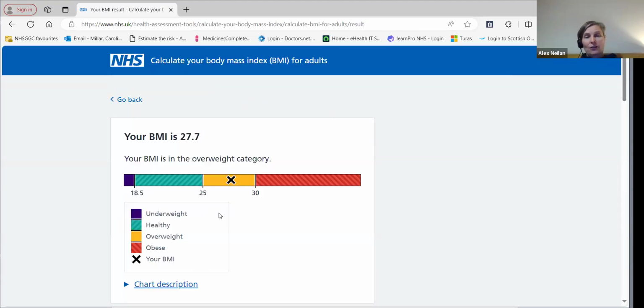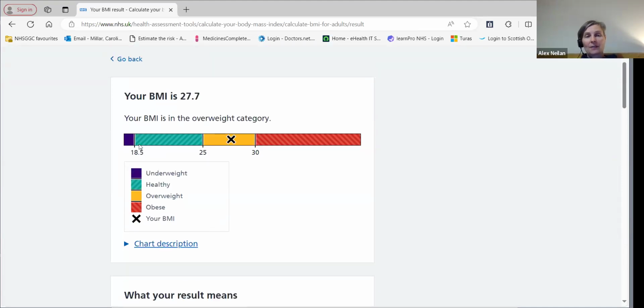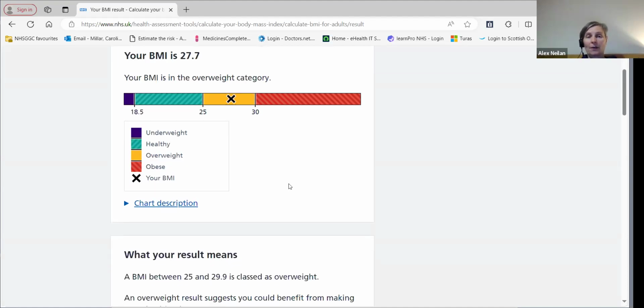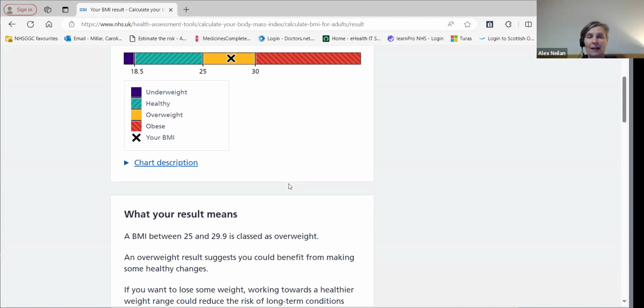Okay, so it gives you a color-coded chart. I usually say between 19 or 20 to 25 is healthy, 25 to 30 is overweight, and it does use the term obese. I know Alex doesn't like using the term obese. I usually say clinically obese, and the reason why I think that is important, going over 30 puts you into the red zone. And that to me is important because I know you've got an increased risk of heart disease, diabetes, and cancer. All right, so that's why it's an important term, but by no means wishing to offend anybody.